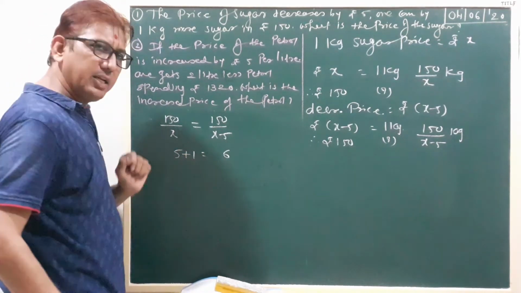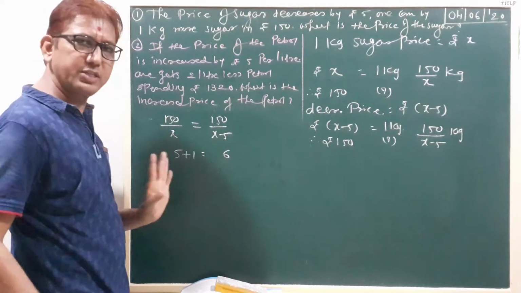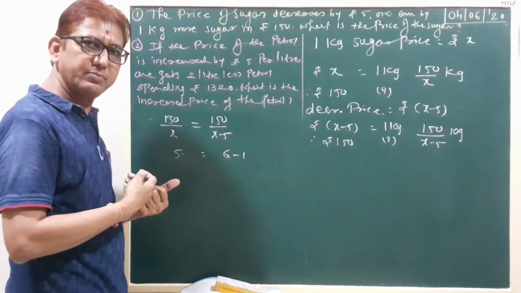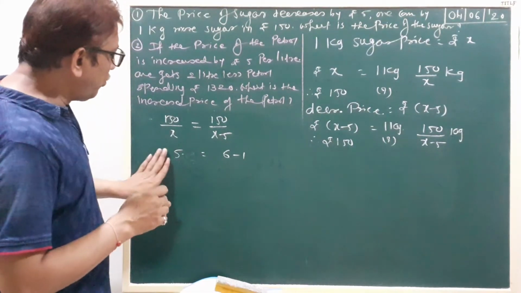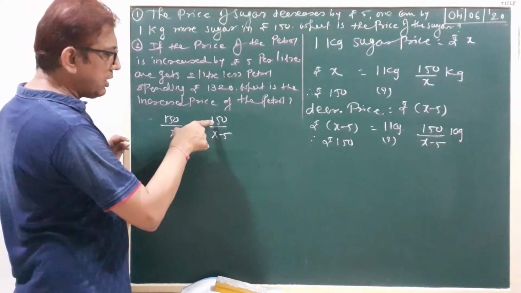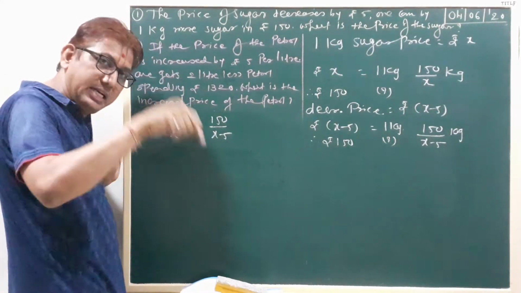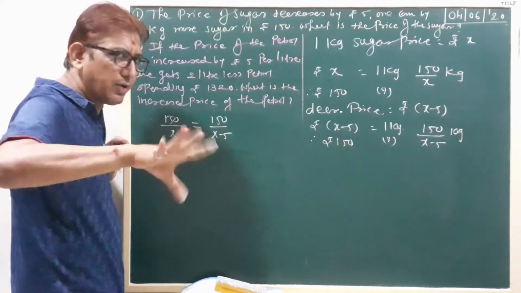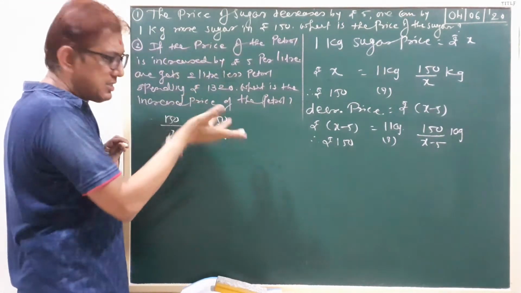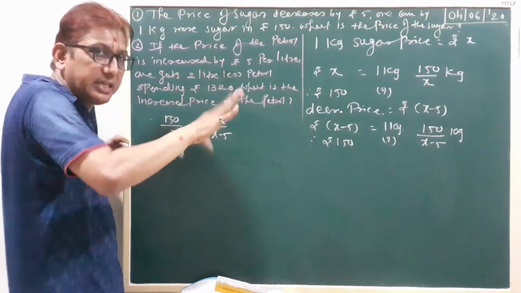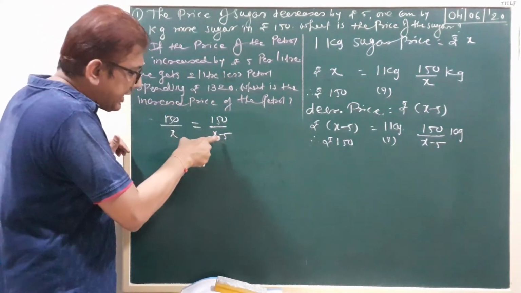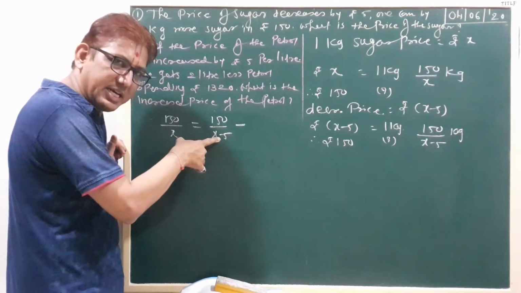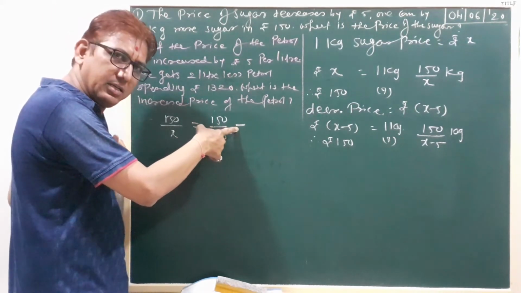Otherwise here you add 1: 5 plus 1 equal to 6. And second option, subtract 1 here, so both sides are the same. Clear? So our rule says in this sum, when in the denominator there is X minus 5 or X plus 5: if the price is decreased, X minus 5; if the price is increased, X plus 5. If you write minus sign here, then always minus; if plus, then always plus. Same rule.